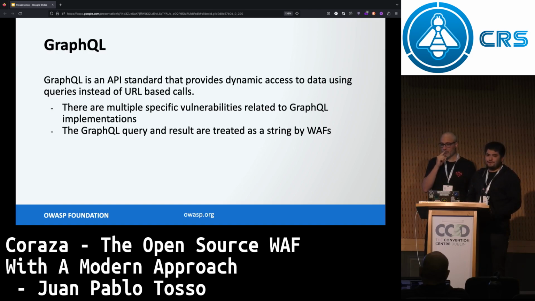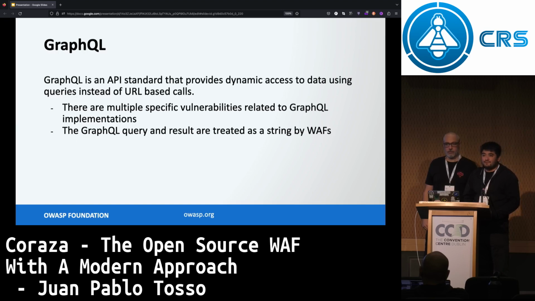There are a lot of GraphQL vulnerabilities, and it's really easy to mess with GraphQL. So it is something we should be thinking about for this period. I mean, all WAFs should support GraphQL.